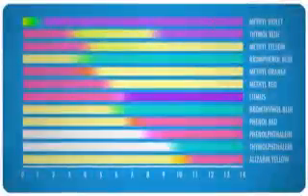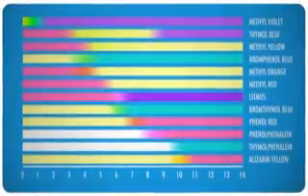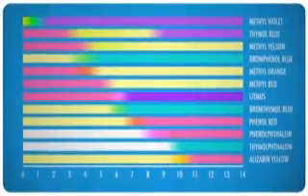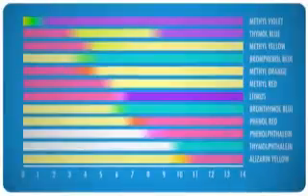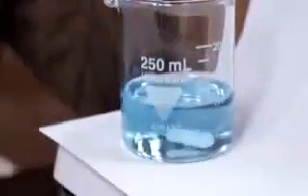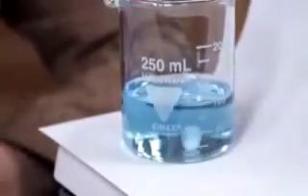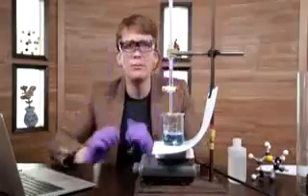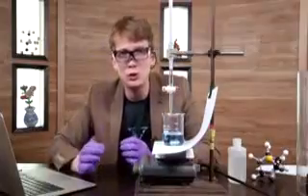Earlier, I used a pH indicator that showed an acidic pH by turning pink, but there are lots of other indicators, each with different colors and a different pH where it changes. This is called the indicator's endpoint. Here we have 100 milliliters of water from the river, to which I've added some pH indicator. It's actually a mix of 2 different pH indicators, bromocresol green and methyl